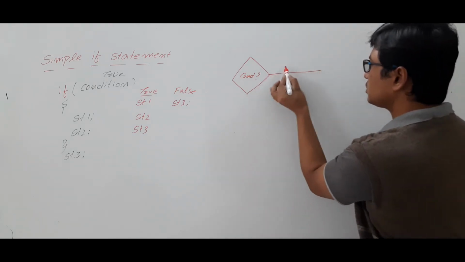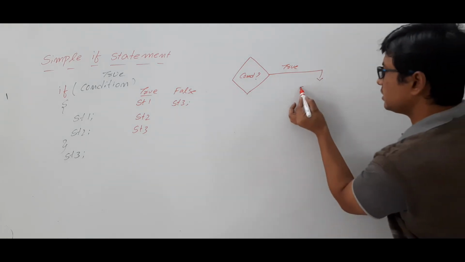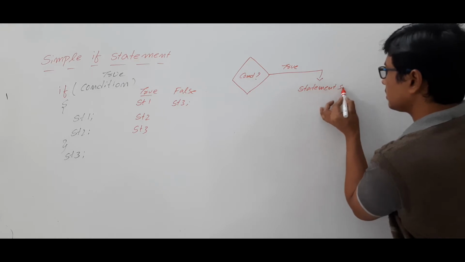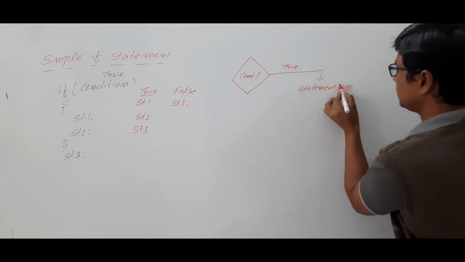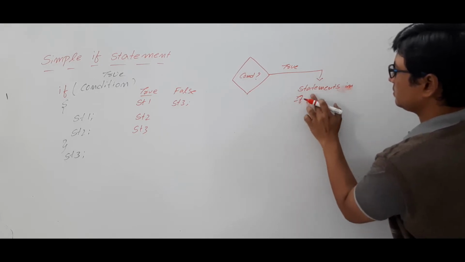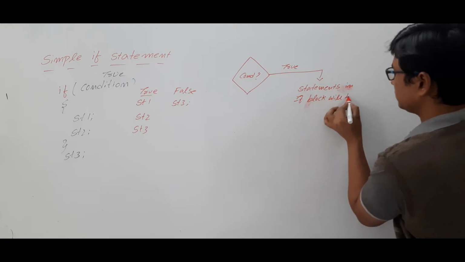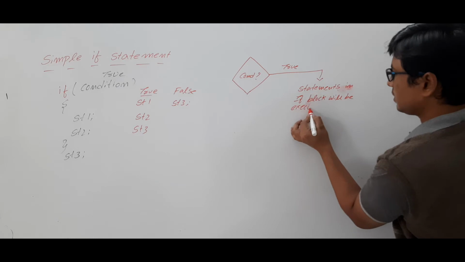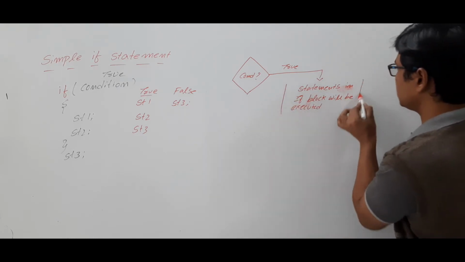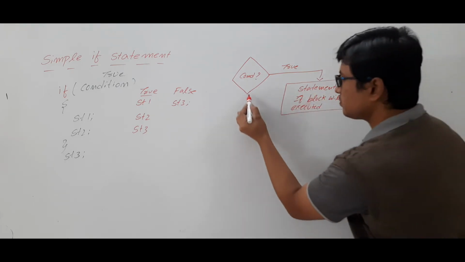If the condition is true, the statements in the if block will be executed, and this is the process symbol. The process symbol you will represent using the rectangle. Is it clear? If the condition is false,